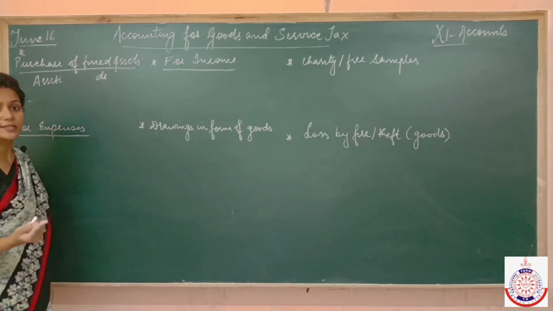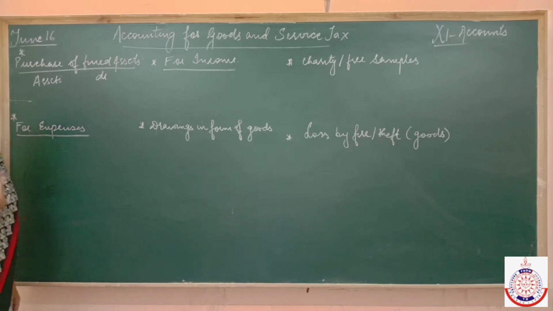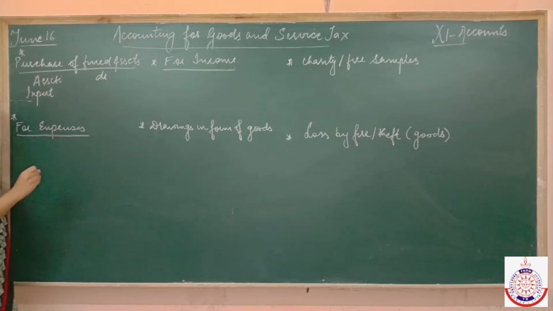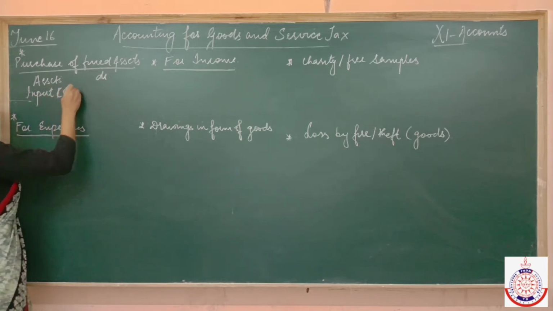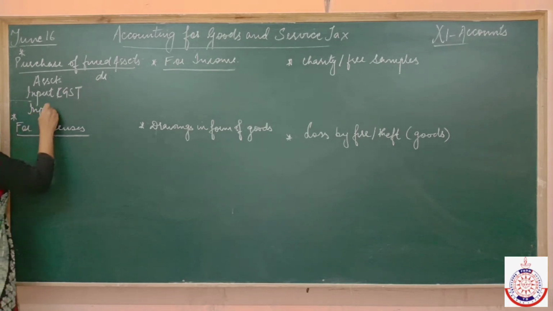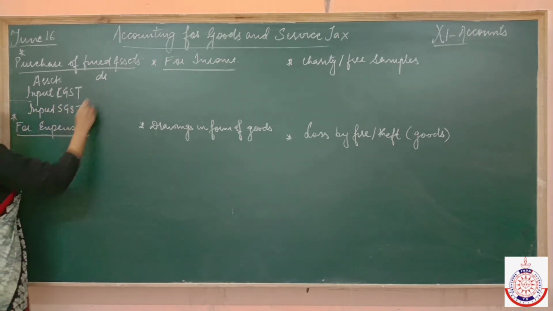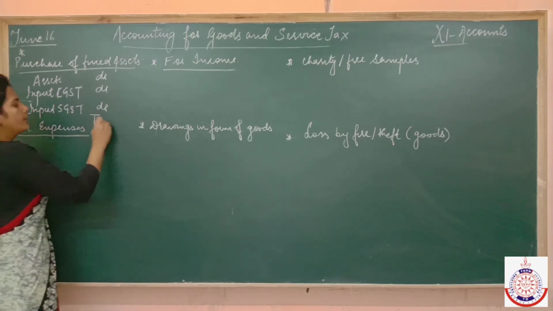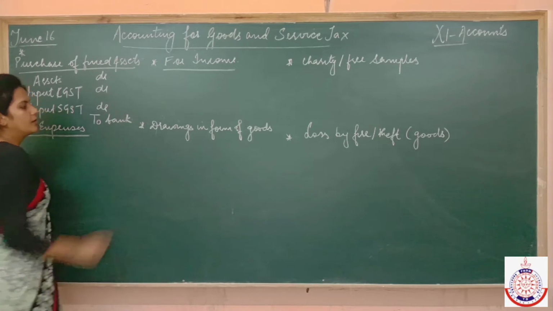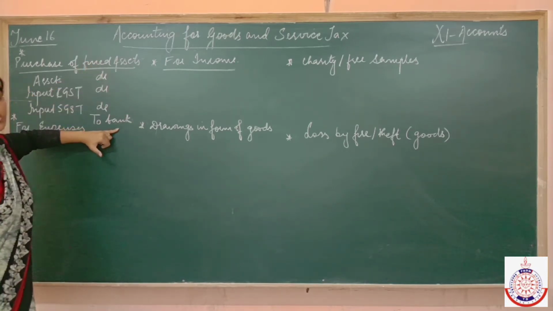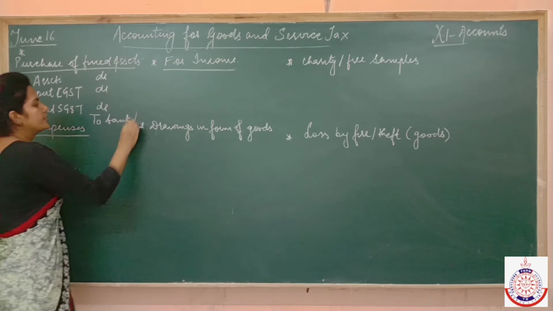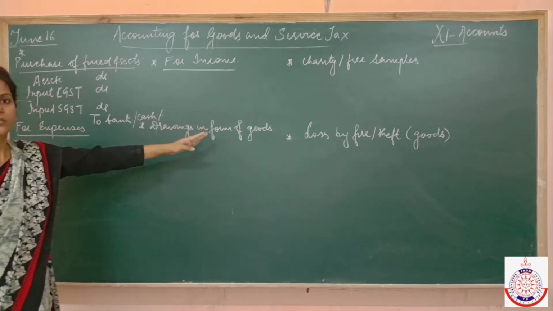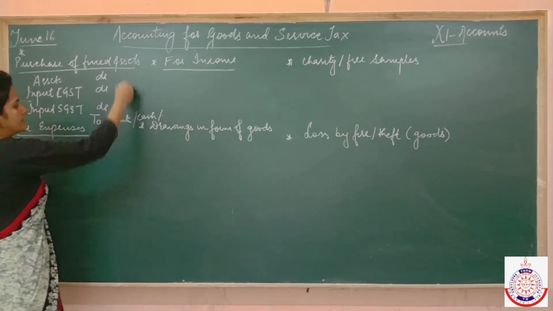Now if you are purchasing the assets, it means you are the buyer and you have to pay GST. So whenever you are paying the GST, you have to use the word input. So it will be input CGST, input SGST. If it is within 2 states, then input IGST to bank. If the payment is made through check, if the payment is made in cash, then write here cash. If you have purchased the assets on credit, then write the name of the creditor. Got it? So this is the first point.